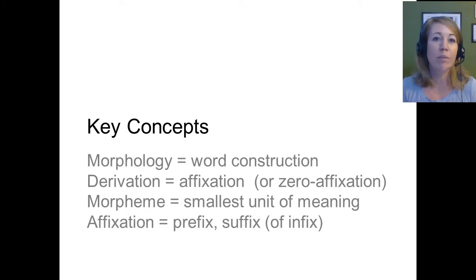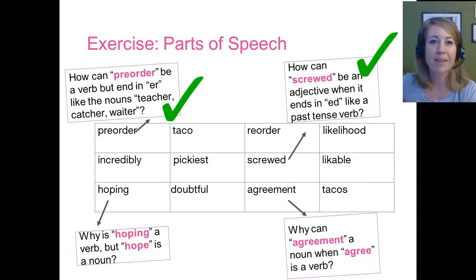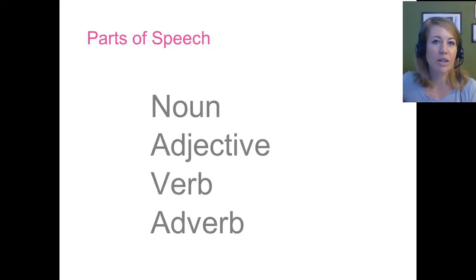So we've looked at the word morpheme, which means smallest unit of meaning. So we've been looking at these small units of meanings within words. And some of those small units of meaning are these affixes, these prefixes or suffixes, or sometimes infixes. But as I said, those don't happen often. During your exercise for parts of speech, you've been working with these words, and we've answered a couple of these questions so far. And we're going to answer one more in this presentation. So again, we're looking at parts of speech: nouns, adjectives, verbs, and adverbs. You learned those a couple lectures ago.